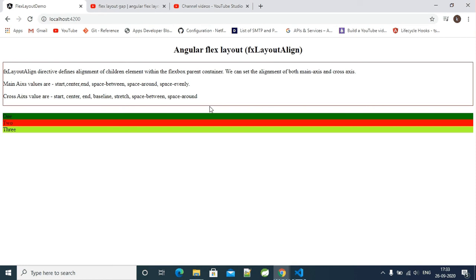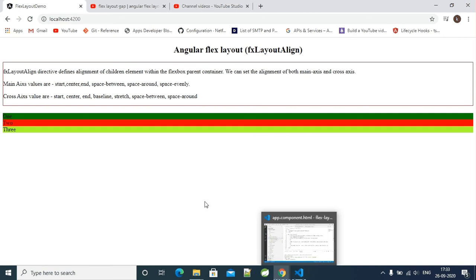The main axis values are start, center, end, space between, space around, and space evenly. In the same way, we have cross axis values, which are optional. Those are start, center, end, baseline, stretch, space between, and space around. Let's see these practically. But before that,